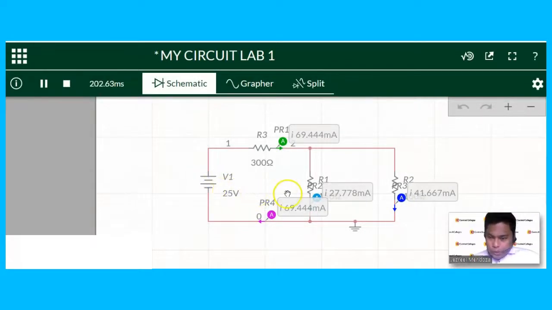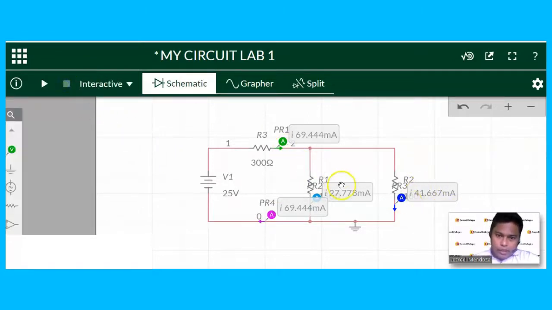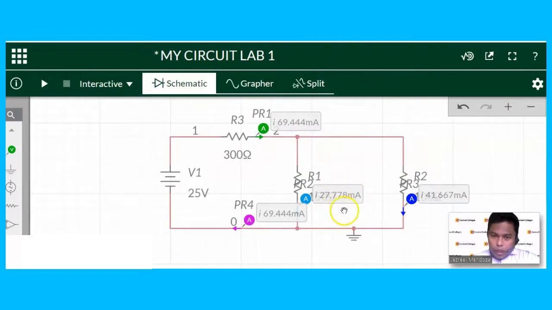Okay, so if you notice, we have a reading. As the time increases, the values of the ammeter stay the same. That's the reading for R1. We have 27.7 milliamps. For R2, we have 41.67 milliamps. Then for R3, that is 69.4 milliamps. Then this R4, that is 69.4